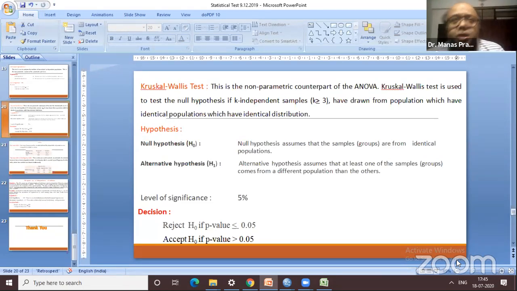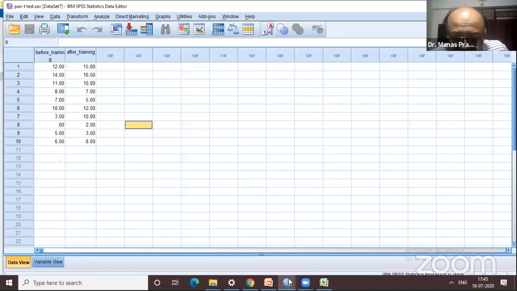That means there is no difference in the medians of all the groups. All the groups, suppose we have more than two groups, have similar medians. That is the null hypothesis. And the alternative hypothesis is that there is some difference in the groups. So for that, I have to